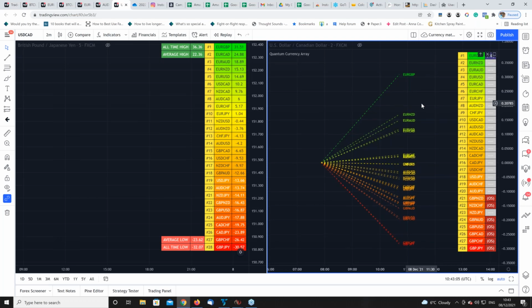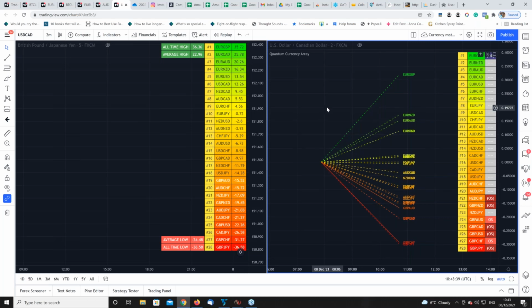So if you're an out and out scalping trader, then the currency matrix is the indicator to focus on. If you're a slightly longer term trader, then you look towards the currency array. But as an intraday trader, you can use both, because you can take the currency array down to any time frame. On TradingView, you can take it down into seconds if you wish, but it'll work in exactly the same way. I just wanted to highlight it because it is so important to understand the difference between why we developed the indicators and what they actually do. As I say, the currency matrix works very close to the price, and the currency array takes a more considered view. Both of them look at sentiment.